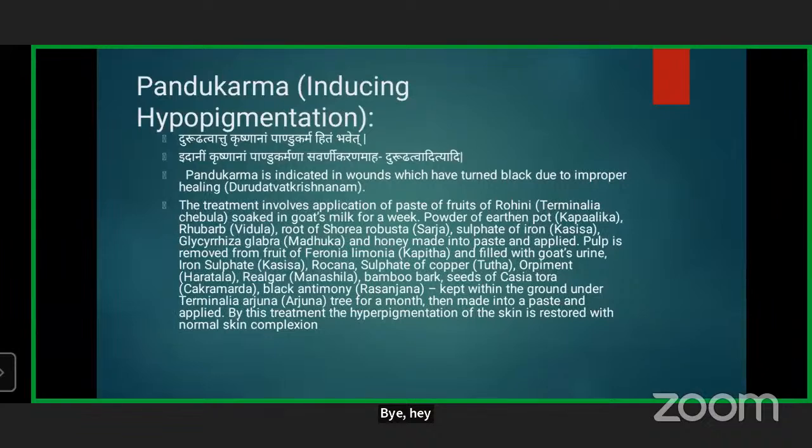These are made into paste and applied. And apart from this, another remedy is pulp is removed from the fruit and filled with goat's urine, Kasisa, Rochana, Tutta, Aratala, Manashila, Bamboo,